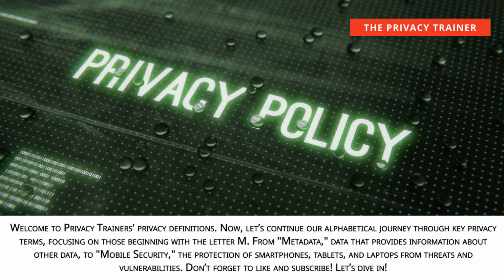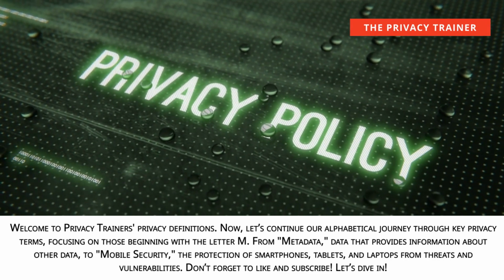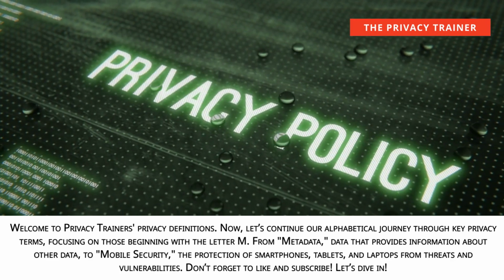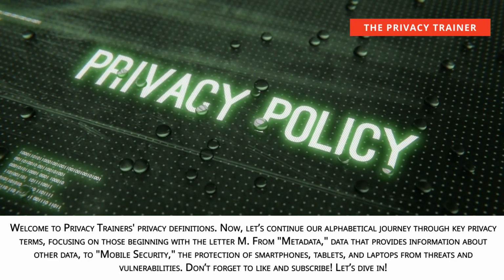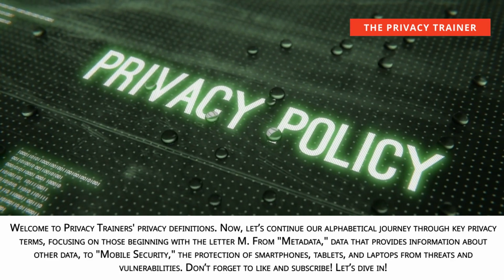Now, let's continue our alphabetical journey through key privacy terms, focusing on those beginning with the letter M, from metadata, data that provides information about other data, to mobile security, the protection of smartphones, tablets, and laptops from threats and